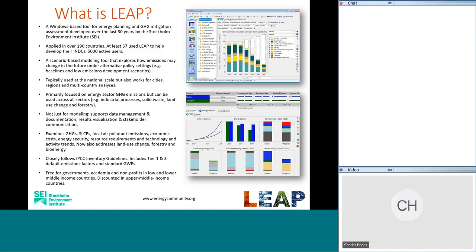Another really important point about LEAP is that it's not just a model. Some of the tools out there that can be used for greenhouse gas mitigation analysis really are almost exclusively models. They're all about the algorithms. LEAP does that as well, but it's also really focused on helping you with all the other tasks. So it's got really strong tools for helping you with data management, help you document your analyses. It has built-in word processing tools. And also for helping you visualize your results and helping you engage with stakeholders. So it's not just about the analysis, it's also about the data management and the communication of national communications and